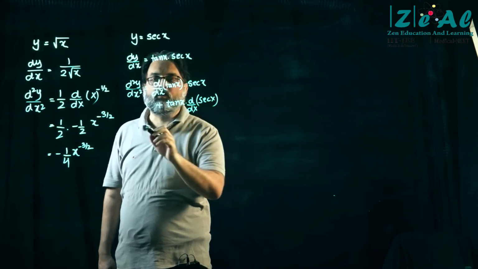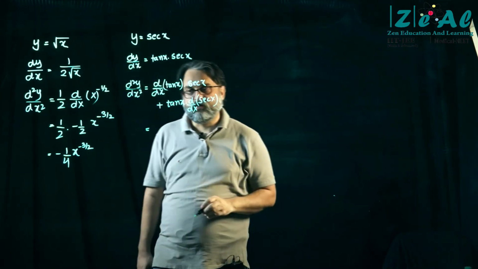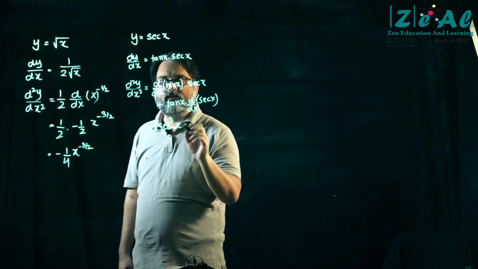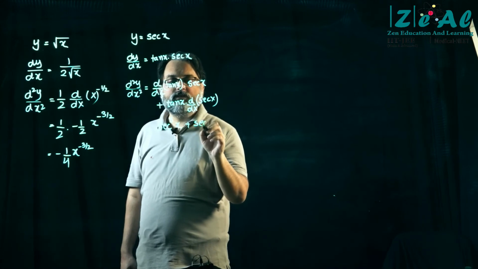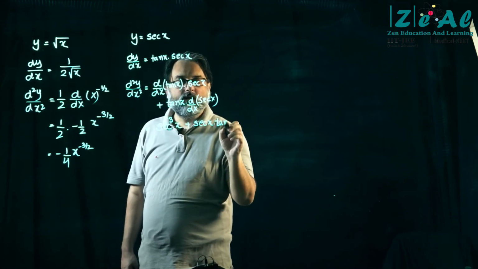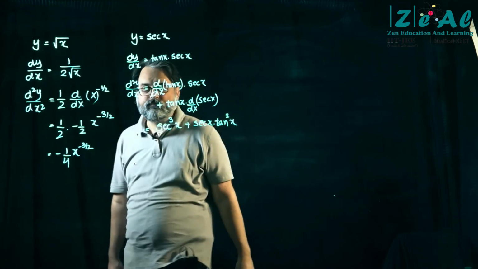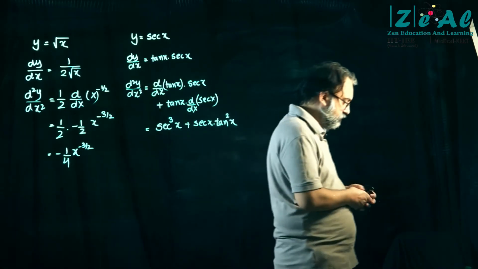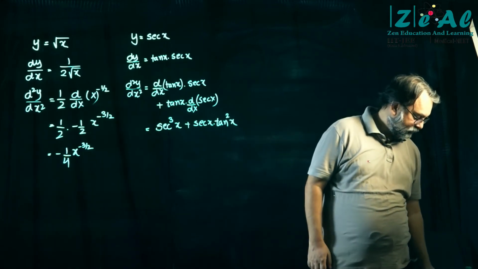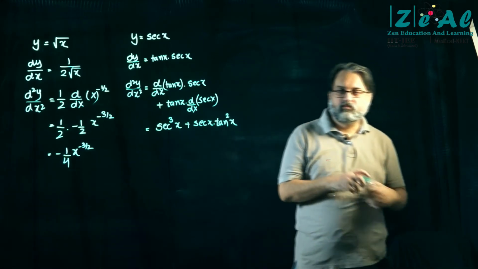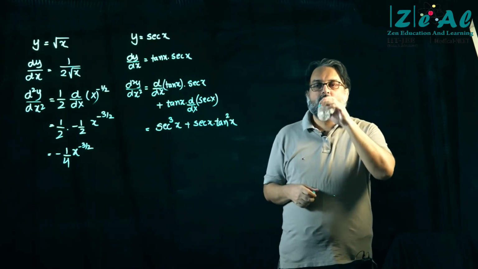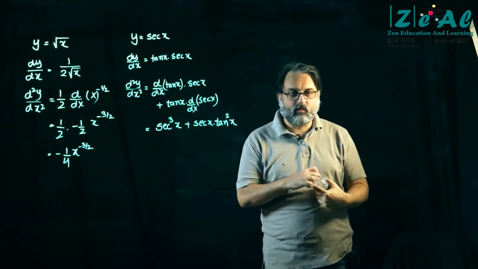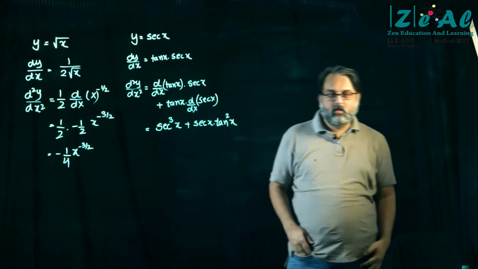So this will become sec cubed x plus sec x tan square x. ठीक है, ओके।